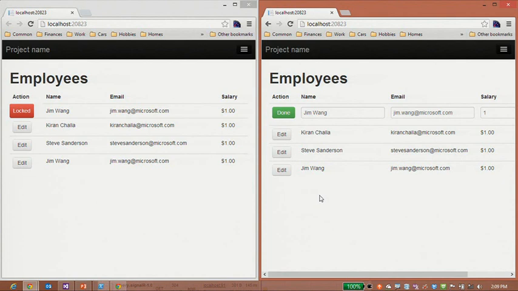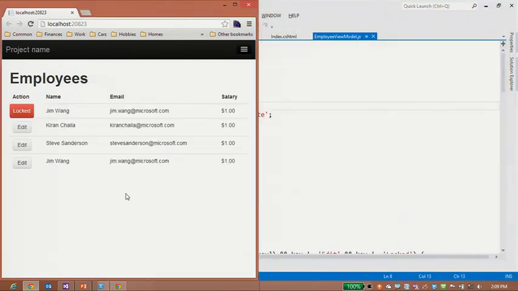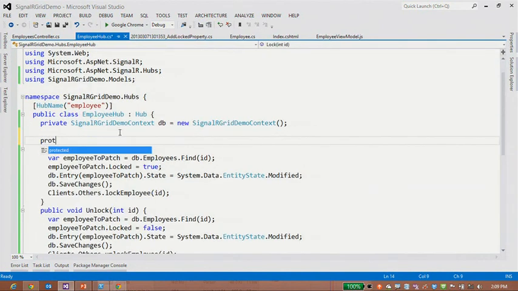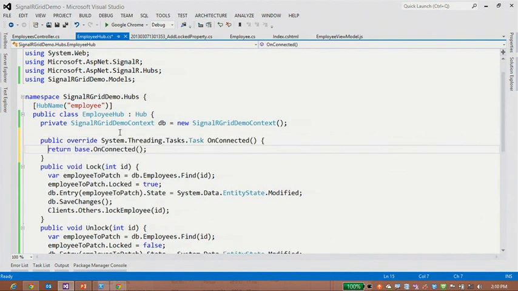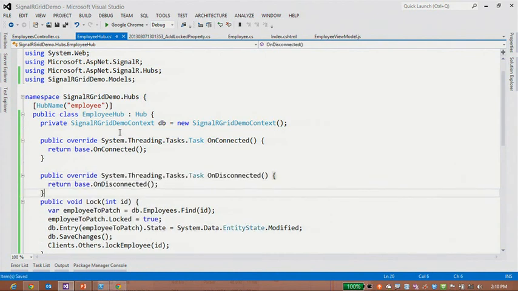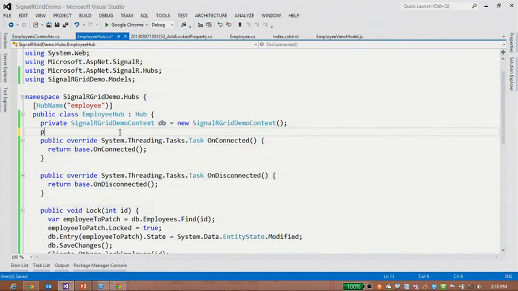But what happens if I disconnect? Well, it turns out I've just screwed everybody else because now the entity is locked forever. Fortunately, SignalR provides a way for you to handle these events, in the form of the onConnected and onDisconnected. So what we're going to do is we're going to keep a mapping